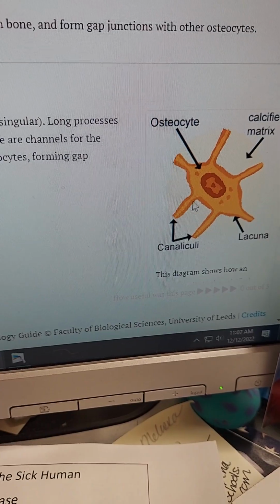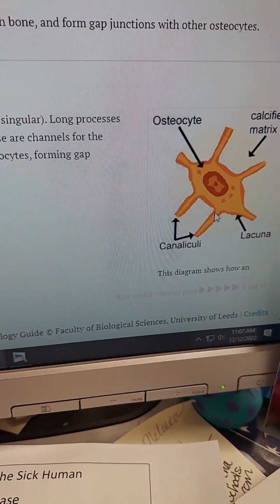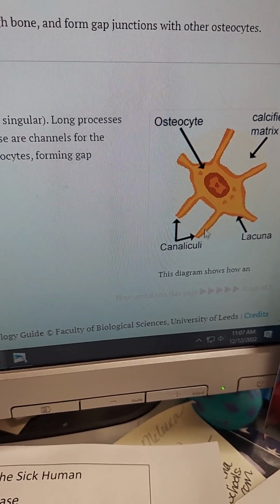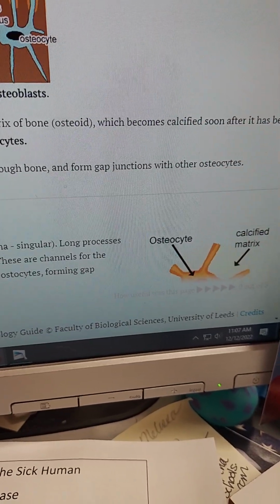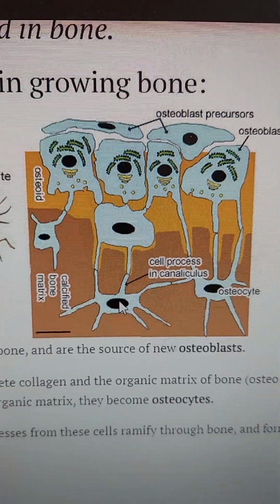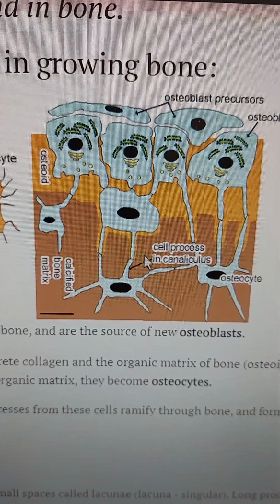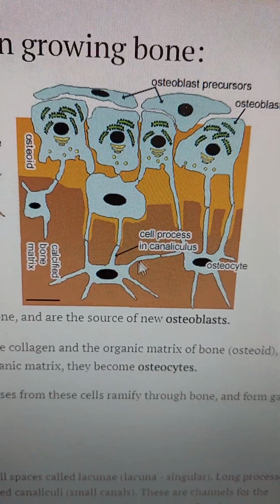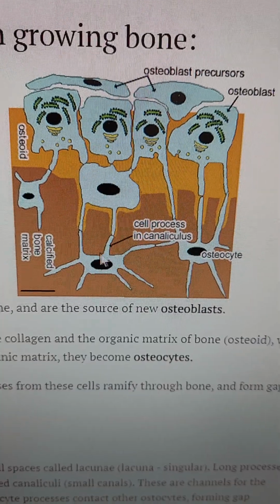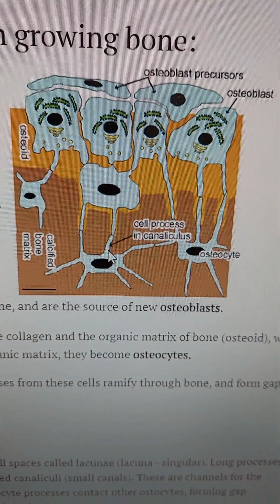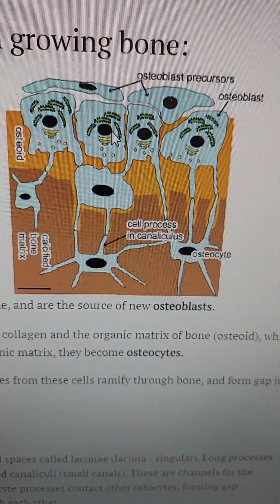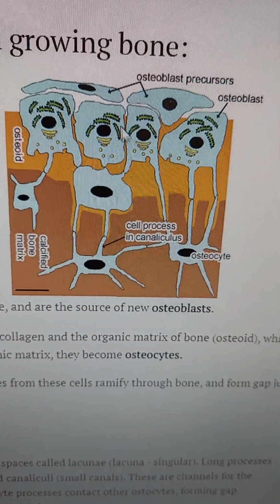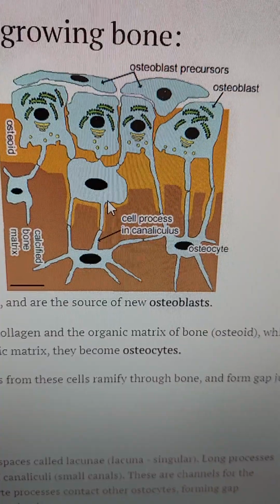So it has a bunch of pen pals. It has these extensions off the cell that communicate with other cells. Here's a great example up here. See how these are through the cell? They all are communicating with one another. So an osteocyte has pen pals, pretty much. And those are processes. They still have all the cell parts. They have mitochondria, endoplasmic reticulum, all of those things. It's just that